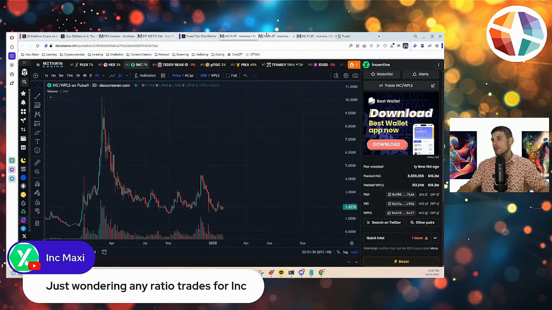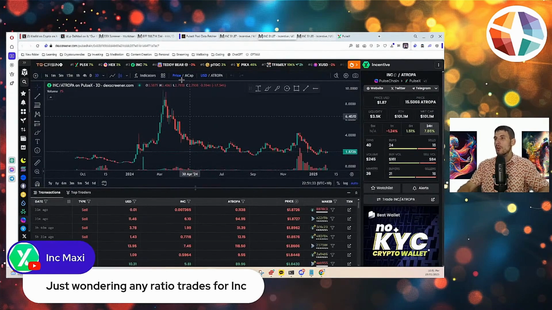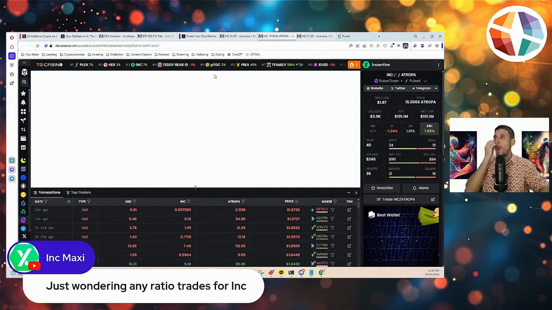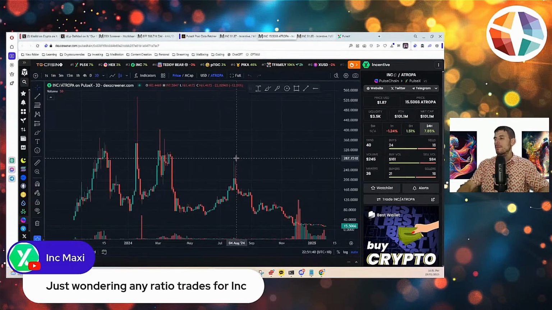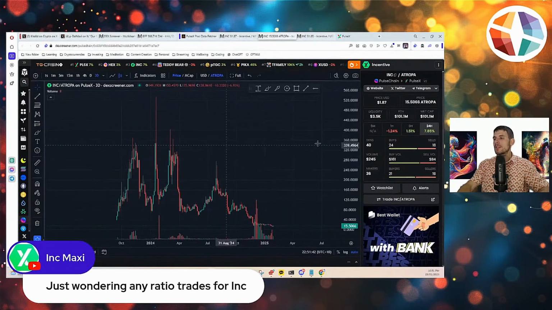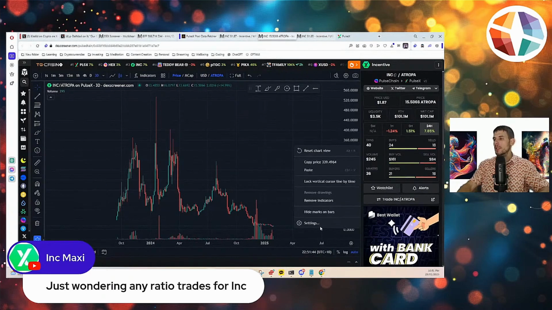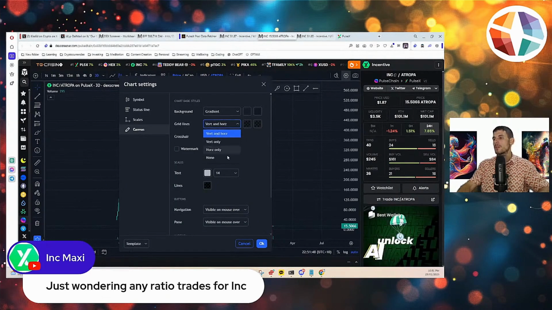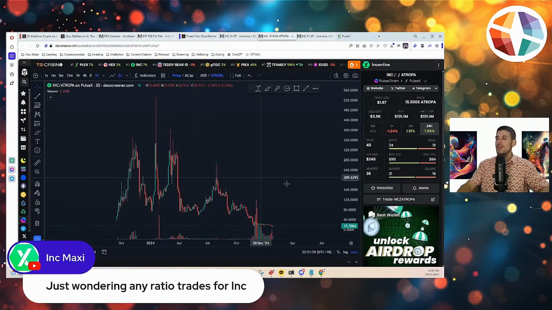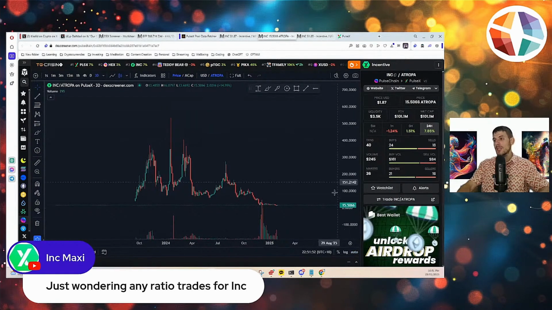Obviously, there's a lot of liquidity in there. What's this? So Ink to Atropa. Yeah, see this is an example of one that I wouldn't like. I don't like this at all, actually, because there's no clear range. I want to find a clear range. So this looks like it could go damn near anywhere.